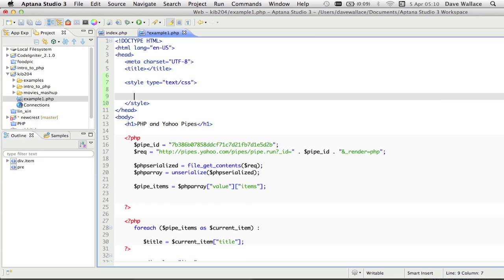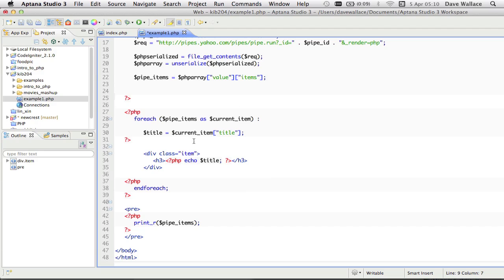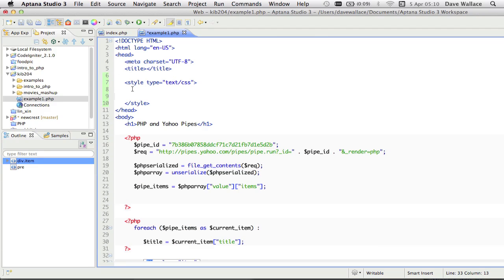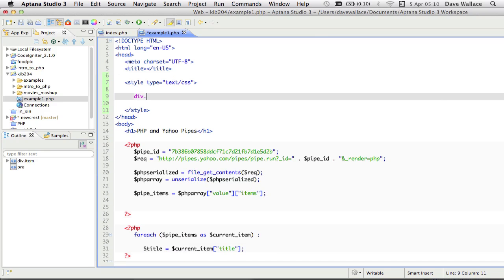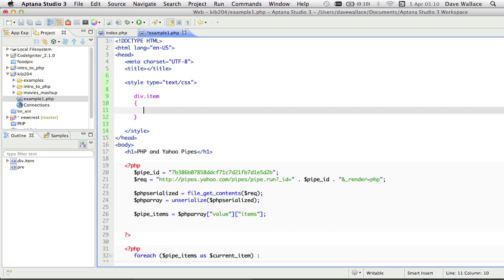I've got my divs here with a class of item, so let's say div.item. Let's give all of those a background color